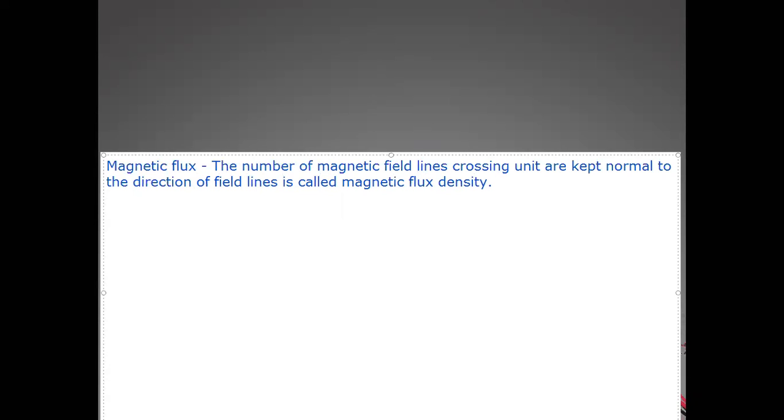The magnetic flux, that is the number of magnetic field lines passing through a given area, but the number of magnetic field lines crossing a unit area, that is